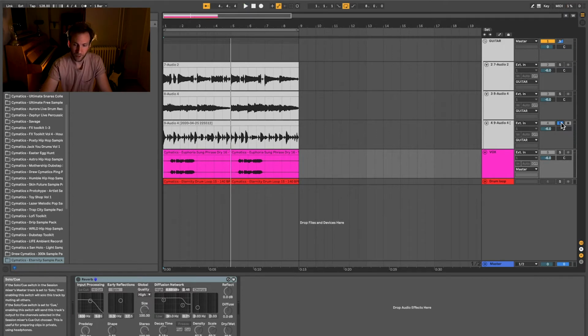So these are the tracks that I'm going to apply reverb to, and I'll give you a few tips of how to use reverb. Today I'm going to use Ableton's stock reverb plugin. This is not my go-to reverb, but I think it does the job well, and it's good to learn the basics if you don't have any other third-party plugin to use.